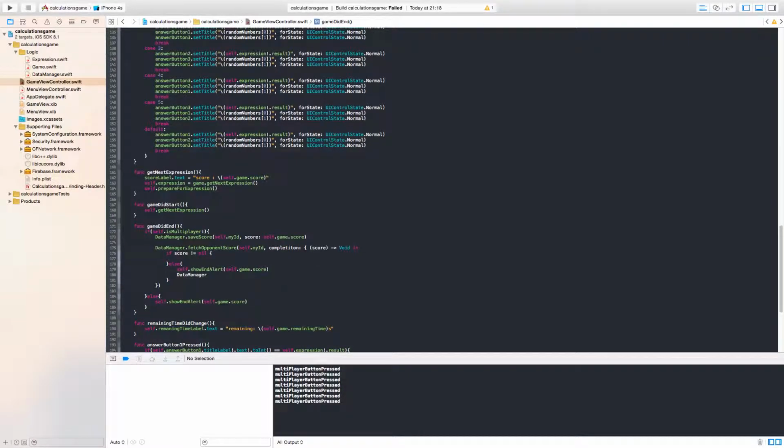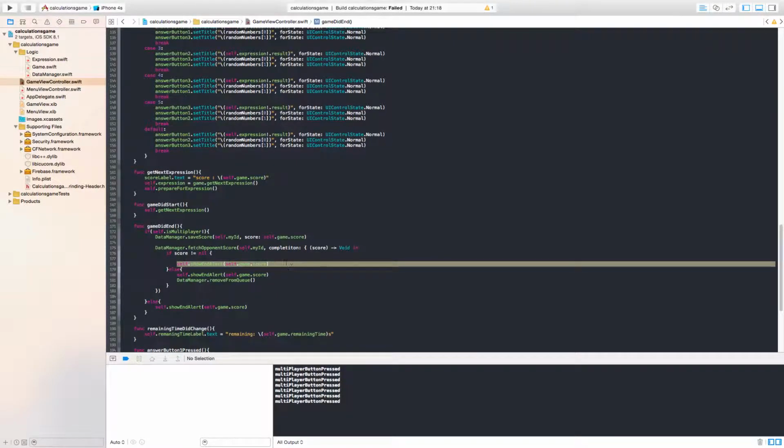And after that I will remove all data from the queue because it's not needed now, because the game did end, and it's not needed. So I can add this here because we have to remove the values from the queue,